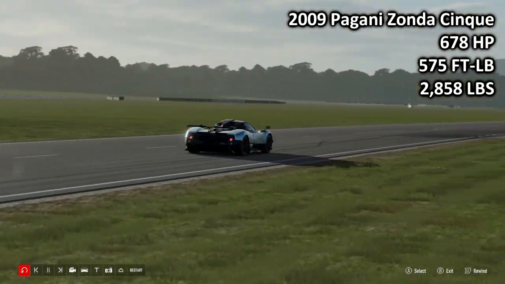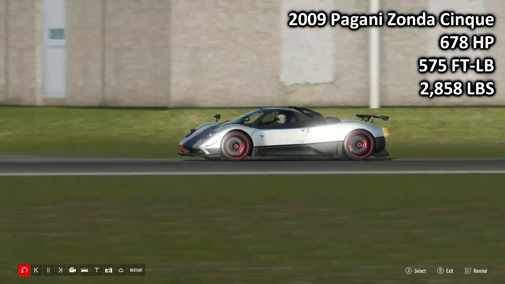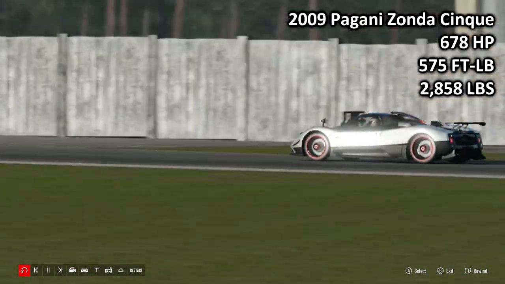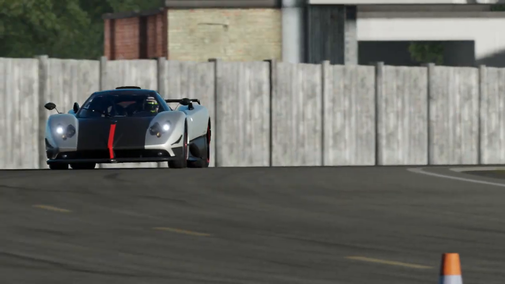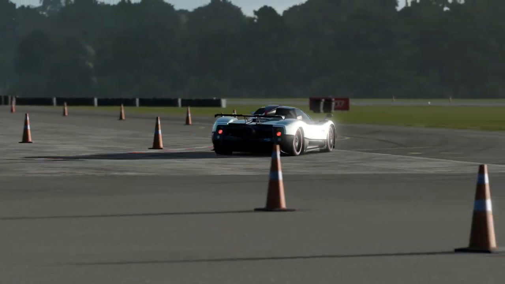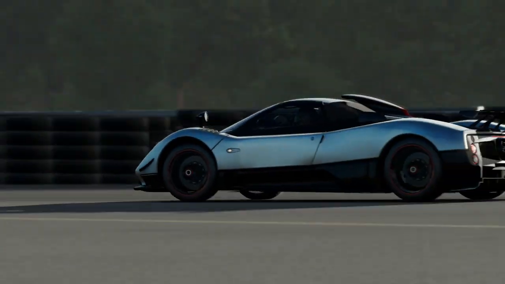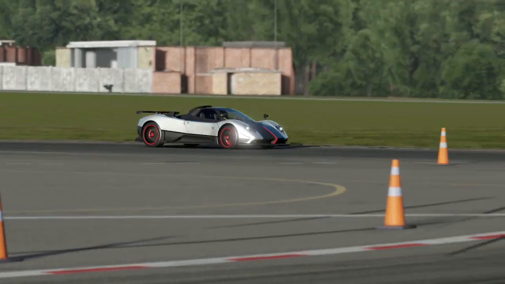And finally today, we have the 2009 Pagani Zonda: 678 horsepower, 575 foot-pound torque, 2,858 pounds of weight. This is the most powerful car here today. It is also the most torquey, and it's the car which is going to get the most comments because people are going to complain about the way I pronounce Cinque. I think that's how it's pronounced. I don't care if it isn't because I don't